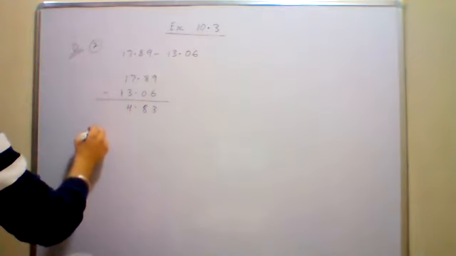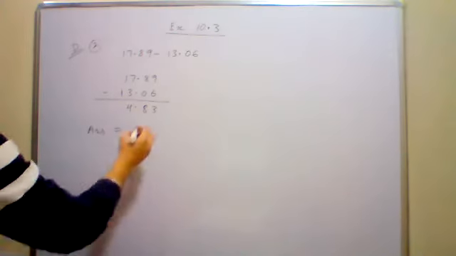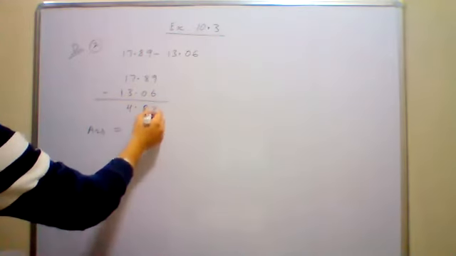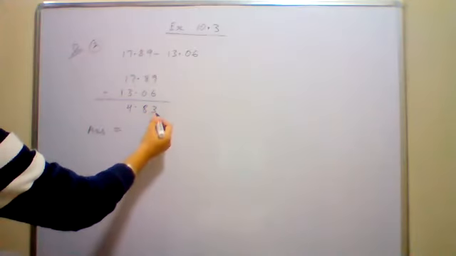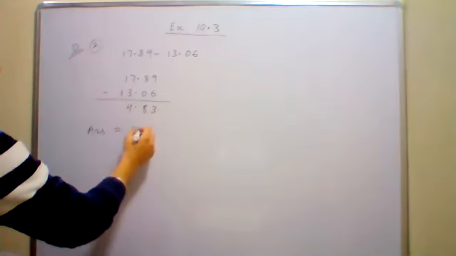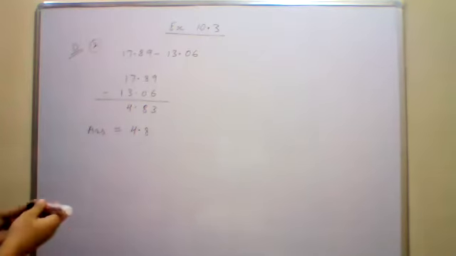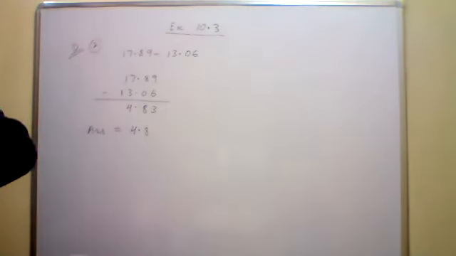Now when you round off, your answer will be rounded off to one decimal place. So when you remove the last digit, this is 3. It is smaller than 5. So that means you will just remove the digit without making any change. So 4.8 is your answer. 4.8. Got it? Do this in your copies, all of you.